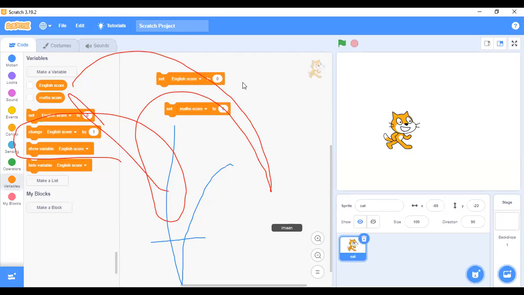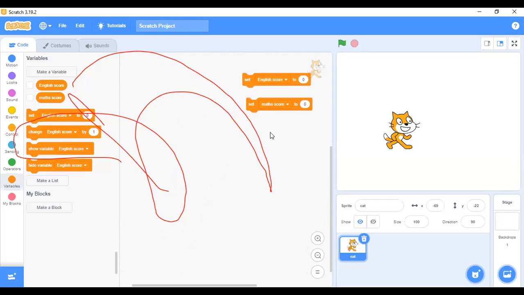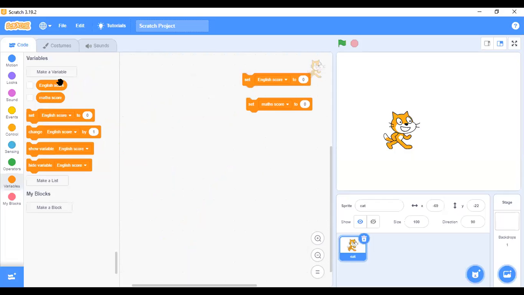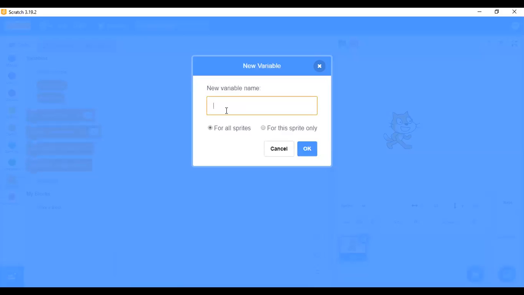So set English score, set math score. That's another one again. You can make as many variables as you want. Let me use what else again? Let me use chemistry. Chemistry score.